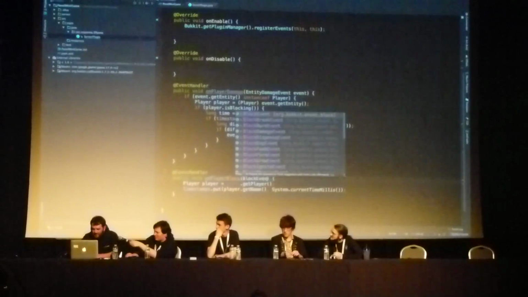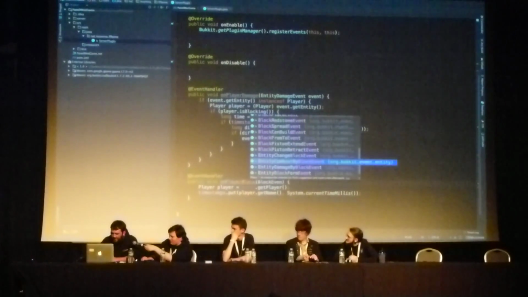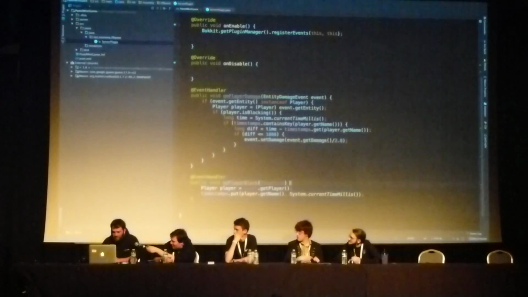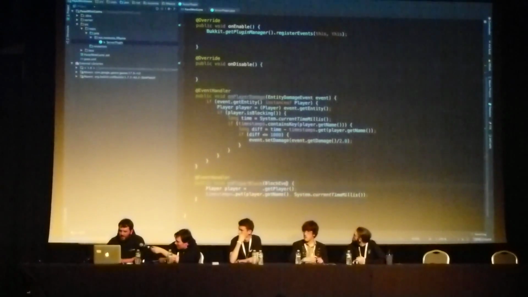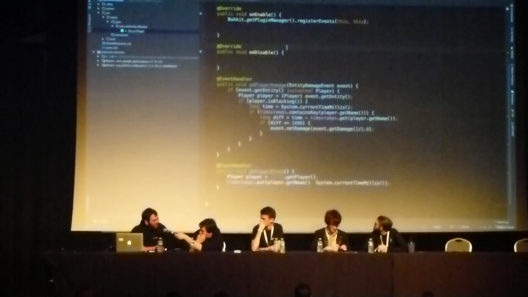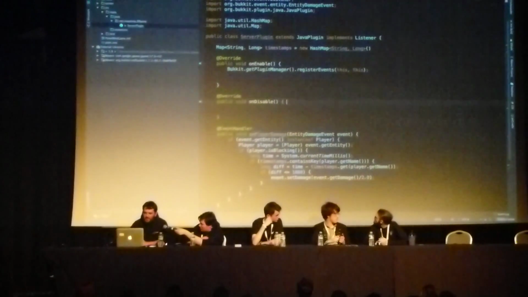Now I just need to figure out if they actually have an event for the player toggling the block, which is what I'm looking at just now. Yeah. We could use a scheduler, couldn't we? Just to check. Yeah. Okay. Yeah. So,